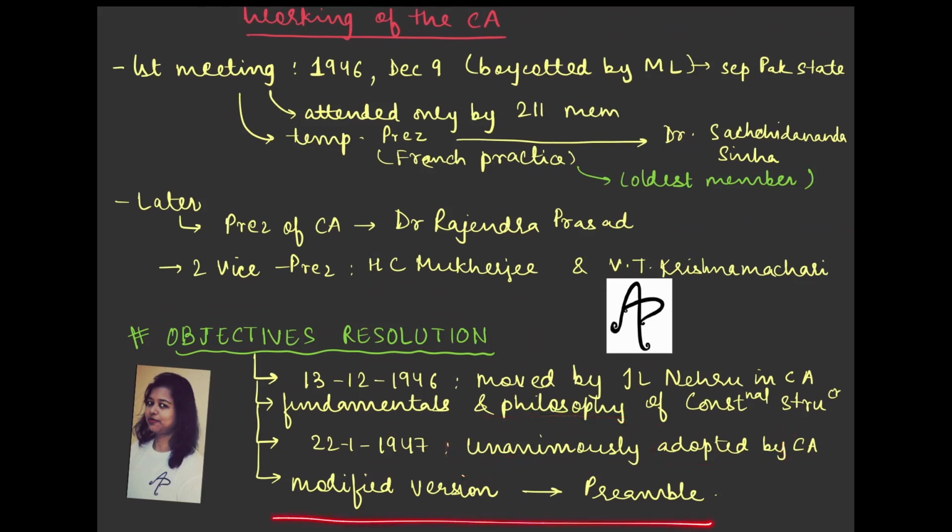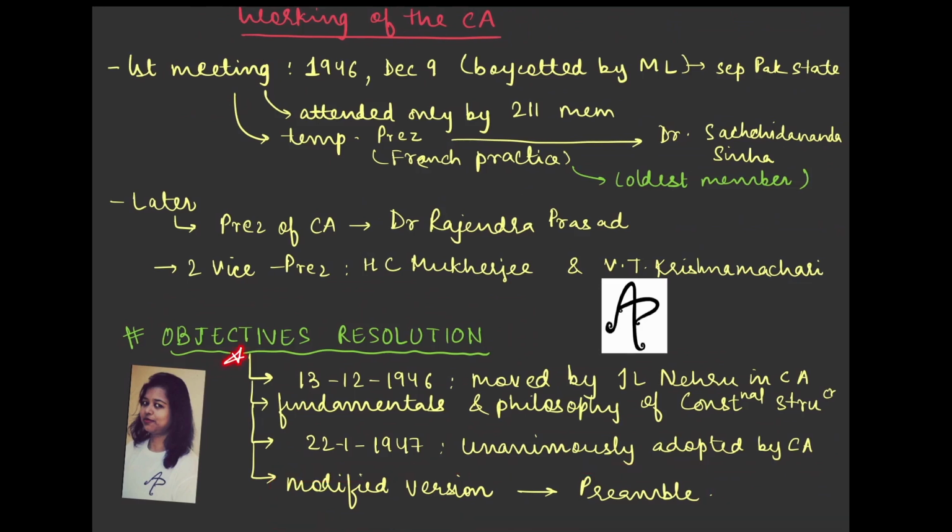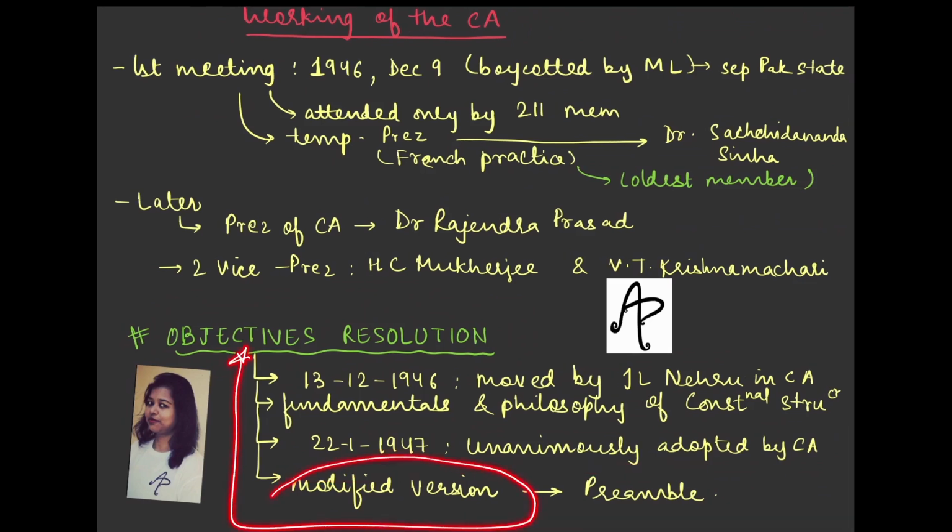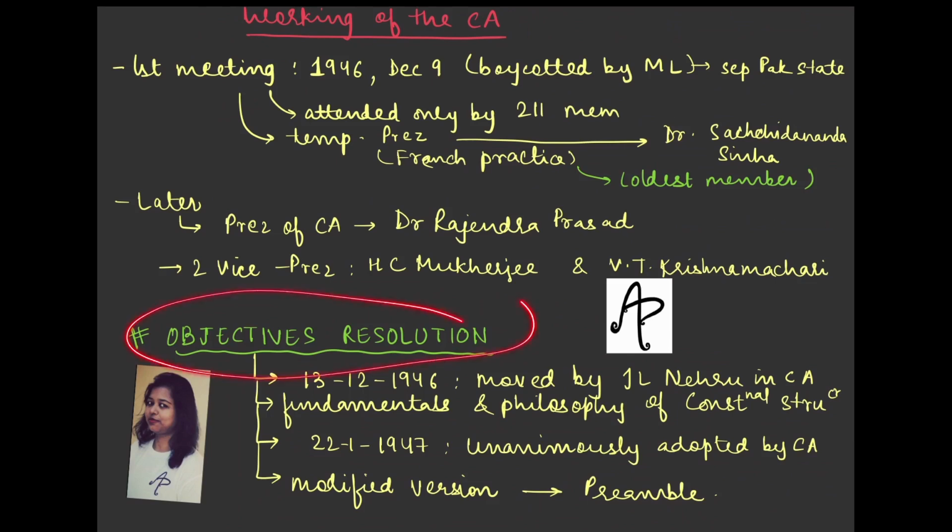A very important fact to be remembered for your prelims is that it is this objective resolution, the modified version of which is the present day preamble of the Constitution of India. तो आज जो भी टेक्स्ट आप preamble में देखते हो, उसका जो बैकग्राउंड है, it has been derived from the objectives resolution. If you know the text of the preamble even slightly, and you don't have to worry because we have a topic on it in detail, वो हम आगे करेंगे, but even if you know it a little bit, you would know the keywords of that, and when you see the objectives resolution in detail, you will automatically understand.